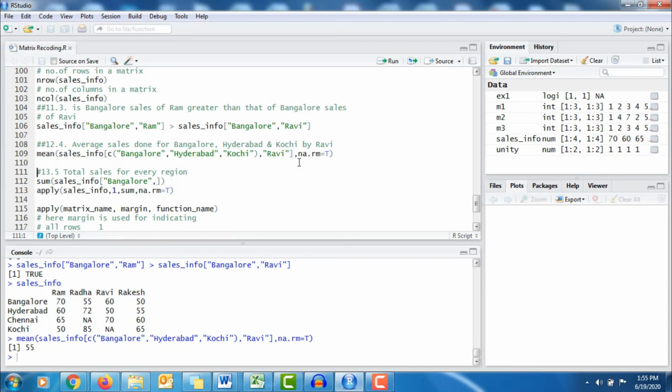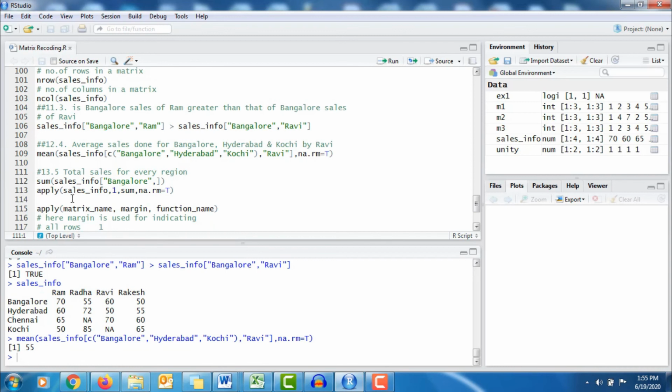Now what if I want to calculate total sales for every region? Every region means for Bangalore I want total sales, for Hyderabad, similarly for Chennai, similarly for Kochi, I want the total sales calculated. So it means I am looking for a row-wise sum. So this task could be done in different ways. One way is by using the apply function, which we'll see shortly.